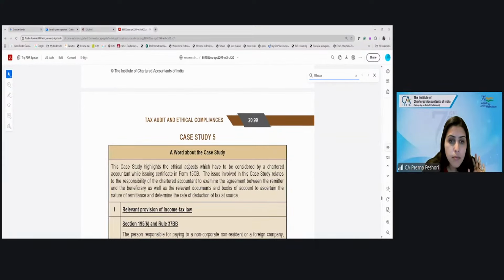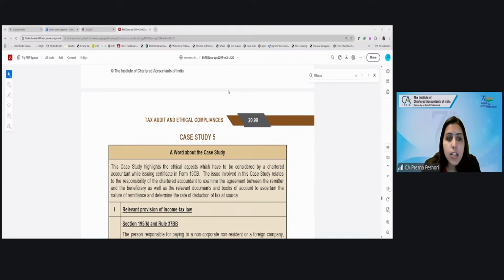Clear? Hiring plant and machinery, will it be treated as transfer? Hiring plant and machinery will not be treated as transfer, but looking at the facts of the case, the way it is designed, it may be treated as a tax avoidance arrangement. Then why have they not transferred the plant and machinery and just taken it on hire? All the other assets are transferred. So in that case, based on GAR, this can be regarded as transfer.